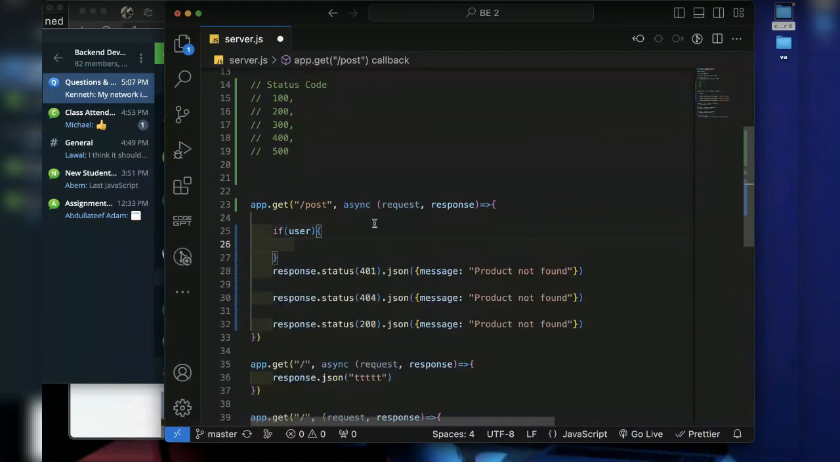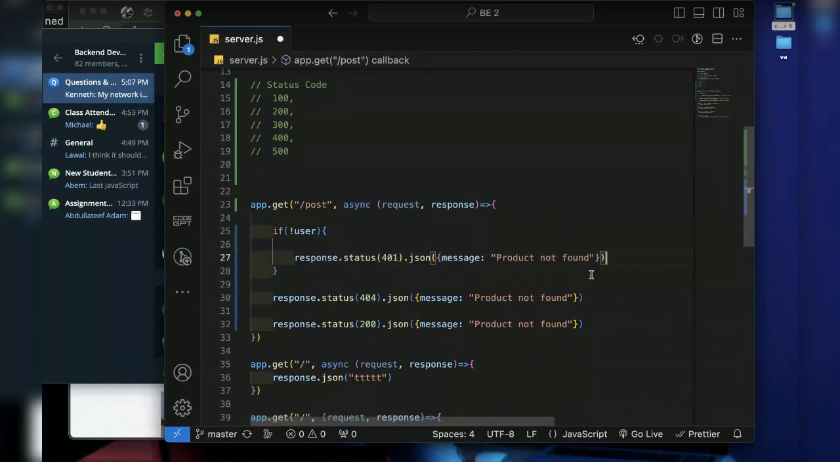Did I teach you negation? I think I did. Yeah, but if I didn't, this means if there is a user, and if I put an exclamation mark, it means if not user. So you can be checking whether if not user,